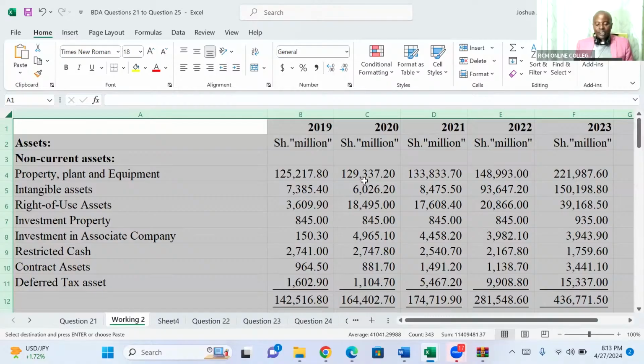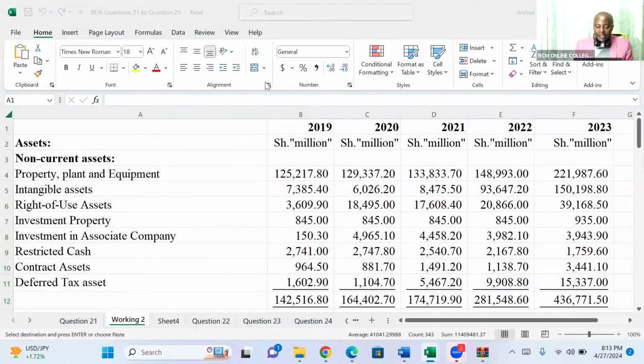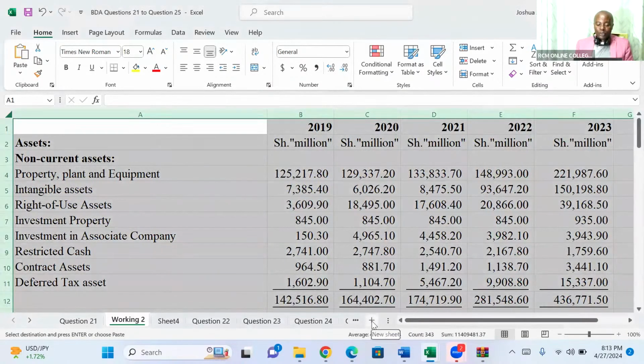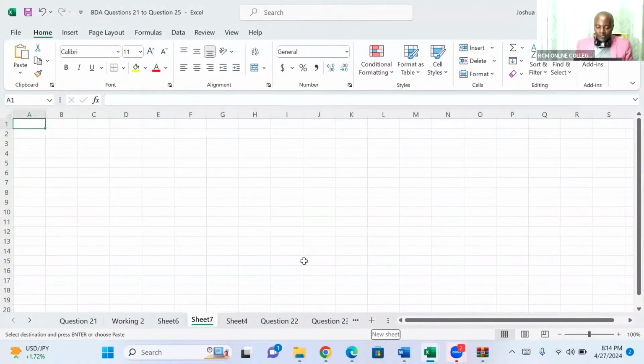Now then, ladies and gentlemen, there is something very important that I must teach you today. I would want to open a new sheet. I can see their charts here. Sorry for that. But I can see there is no question. So, ladies and gentlemen, there is something very, very important that I want to teach you here. If, for example, you have here 20